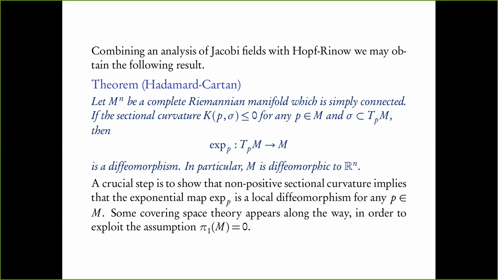What I'm saying is exponential p is now a map on T_pM because of completeness, right? When you say a map is a local diffeomorphism, I mean a map is a local diffeomorphism around any point in the domain, not just around zero. So if I give you any vector v in T_pM, I'm claiming that exponential p around v is a local diffeomorphism, not just at zero. Does that clarify? Okay, sir.